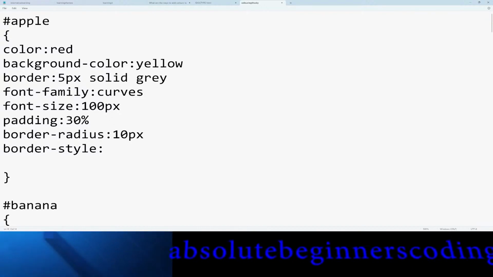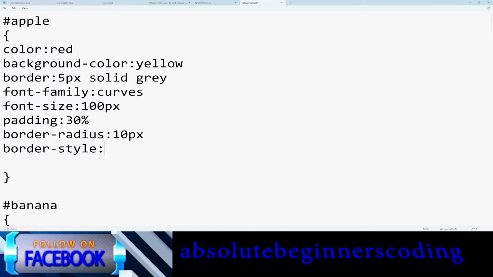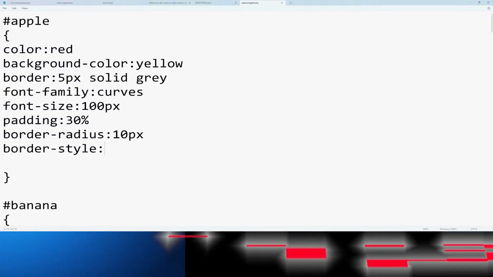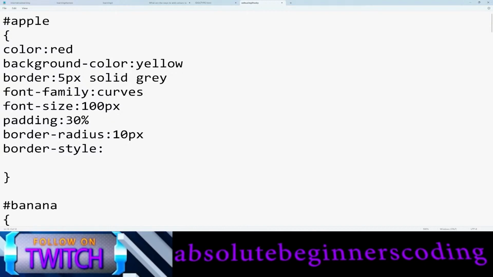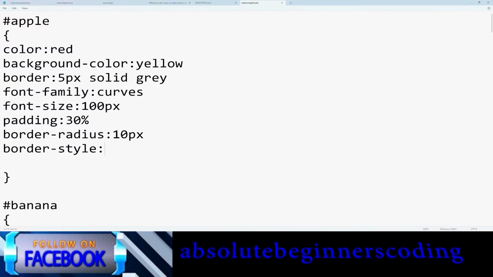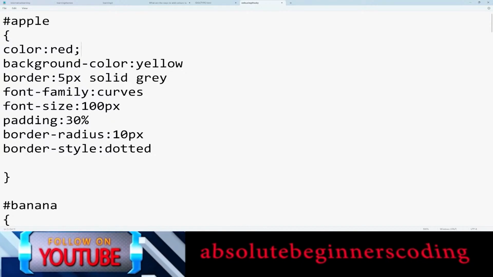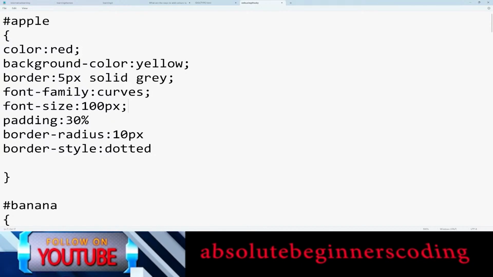Border style might be dotted or something like that. Okay, so I'm going to add a semicolon to everything